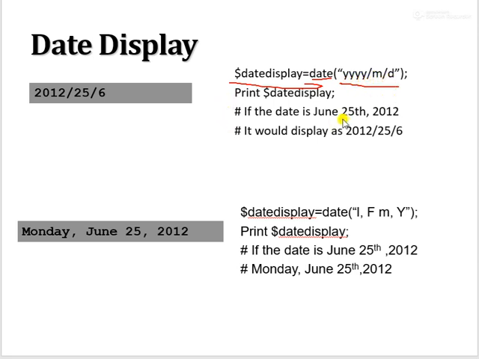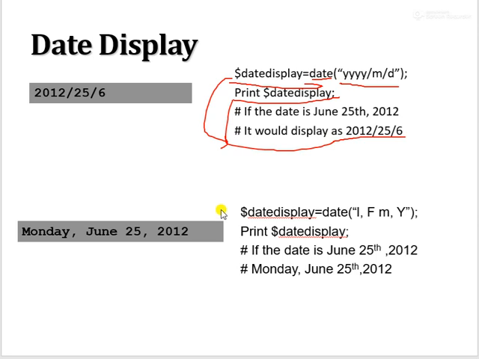So let's suppose if it is 25th June 2012, and if we want to display or print this date display, it will display the date in the format in which we initialized it.